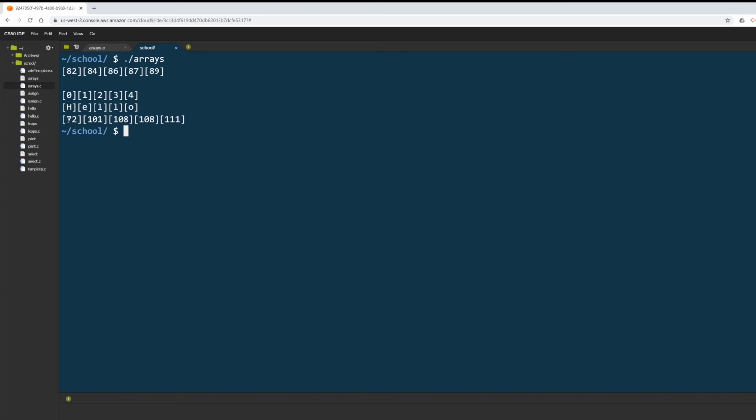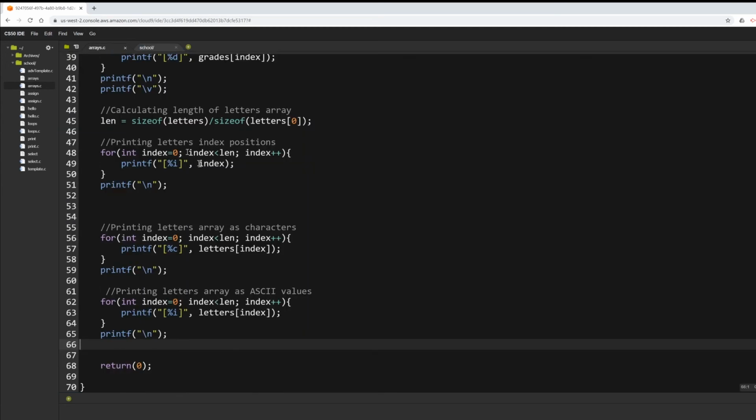So it doesn't line up as neatly, but 72 is capital H, 101 is E, 108 is L. I kind of know I'm right because 108 is also L. M and O is 3 letters, so I know I've got it right at 111. Okay? So I've literally printed out the index position, the character value, and the ASCII value, all looping through arrays